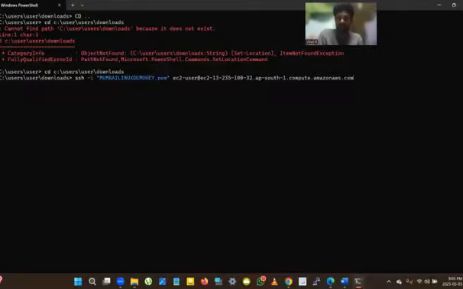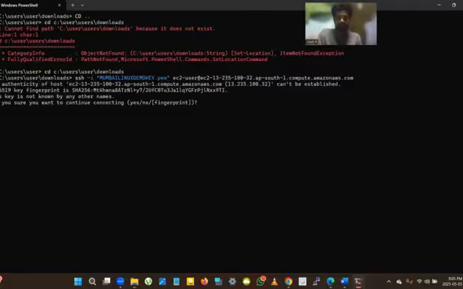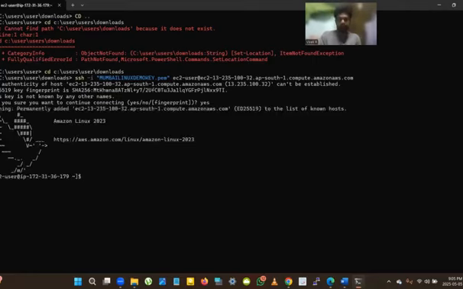Now I have pasted the key which I copied from the EC2 instance. Now I am pressing enter. It is asking, are you sure you want to connect? I am saying yes. You can see that instead of C users, now I have been connected to the EC2 user at IP